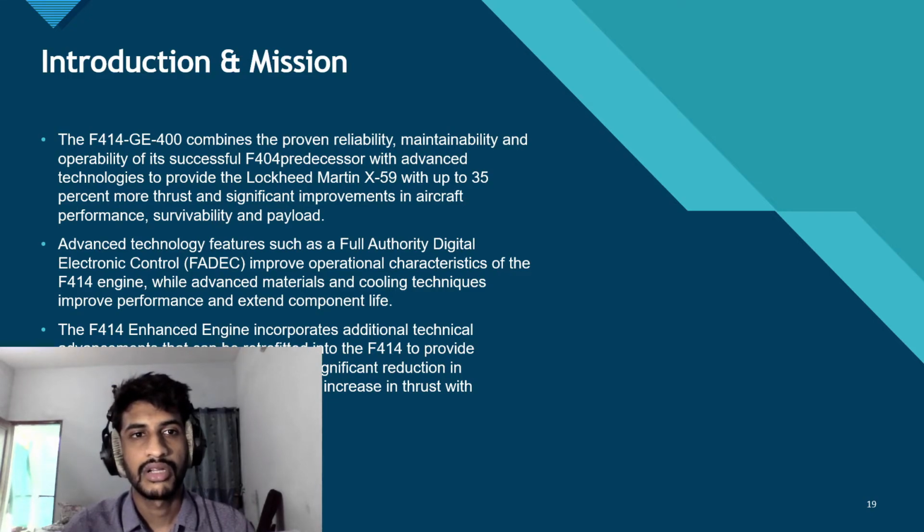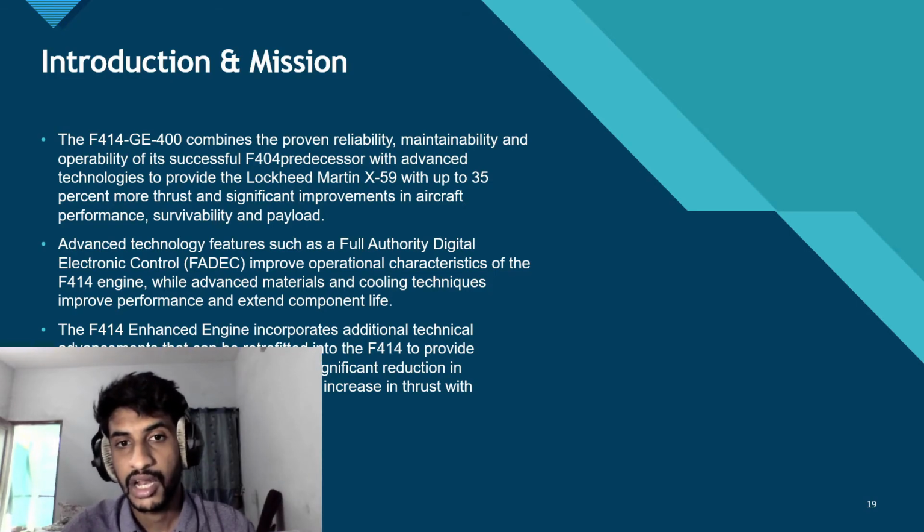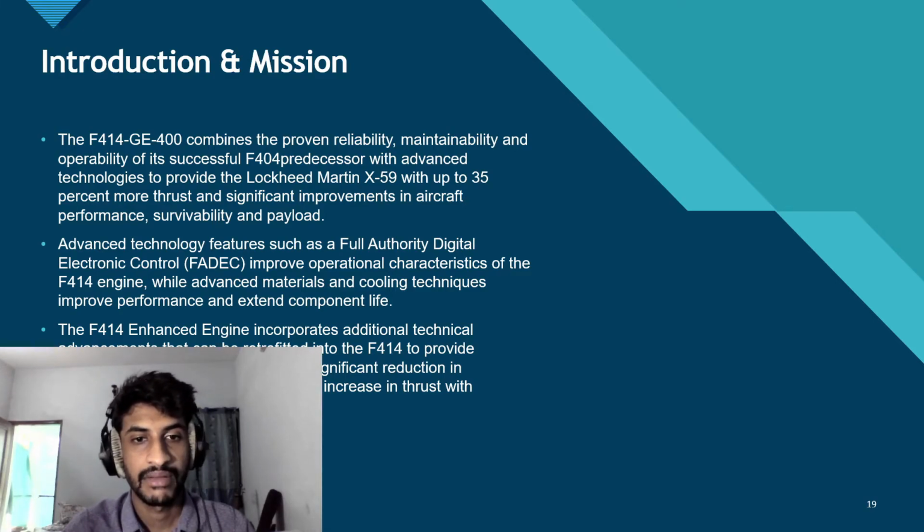In this particular engine model they have come up with some advanced technologies which will provide the Lockheed Martin X-59 with additional 35% more thrust and significant improvements in aircraft performance, survivability